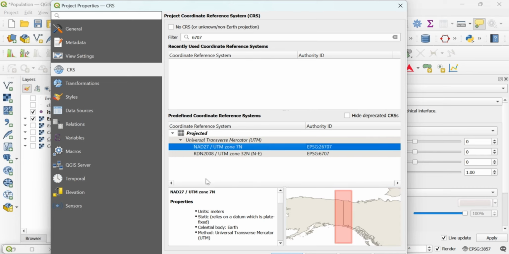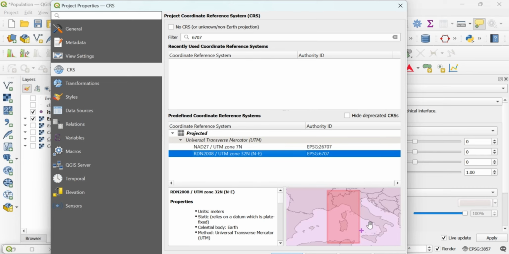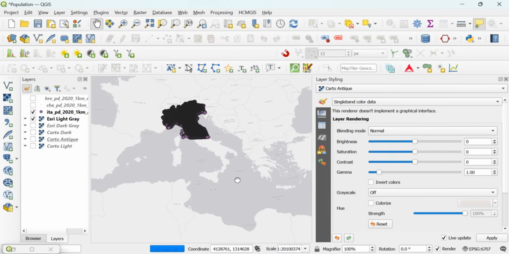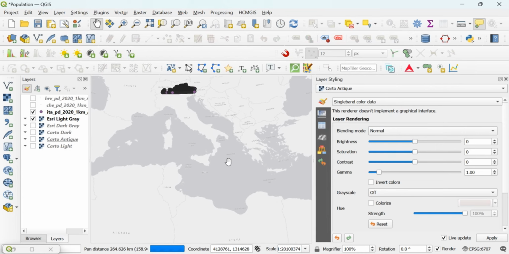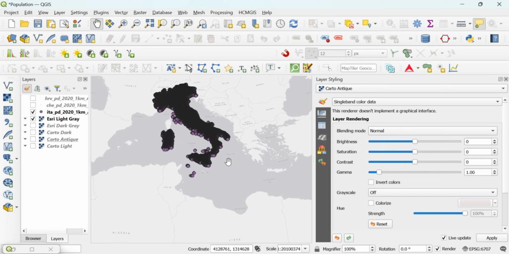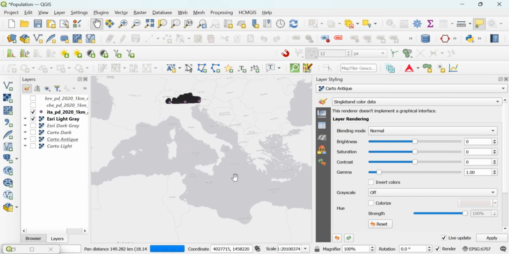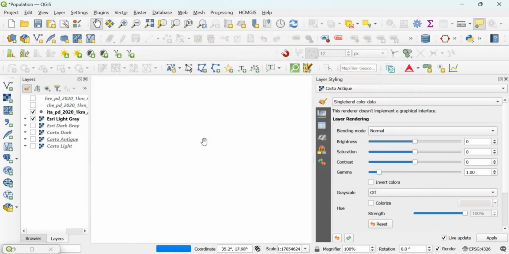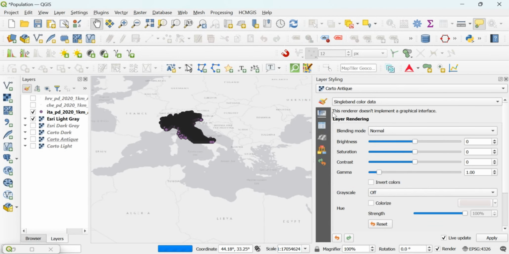This doesn't really fall on the entire Italy, but let's see. Okay, this still doesn't look better for me. So I'll take it to the default UTM, and now we will focus more on the symbology.